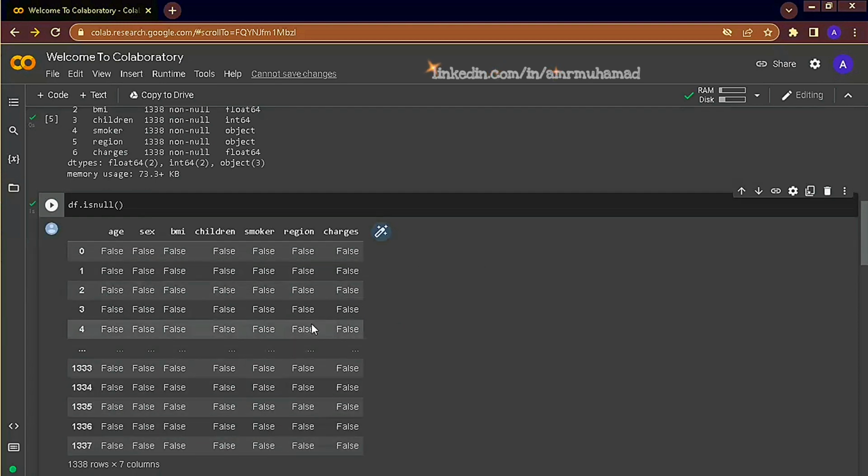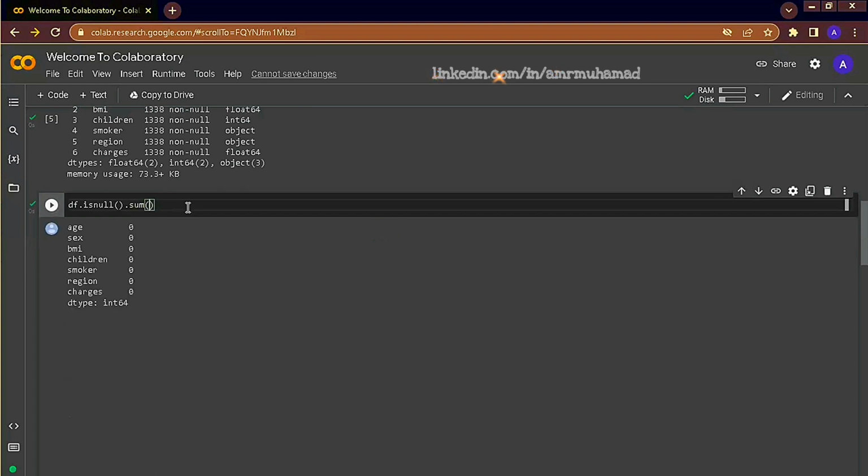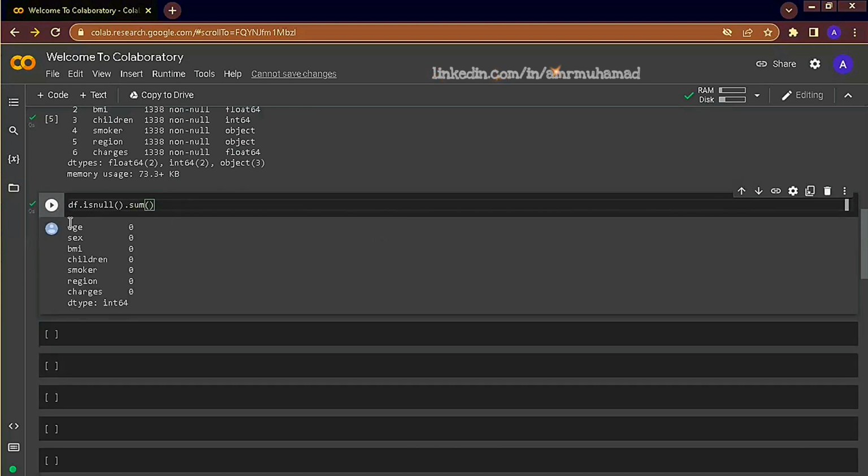Of course, it's a truncated view. We don't see all the records. As you can see, there are almost 1K records, which cannot be displayed at once. So we can sum the null values to get a summary of all values in each column. And here we can see that for each column it summed the null values, and as we know there are no null values, so it's all displayed as 0.